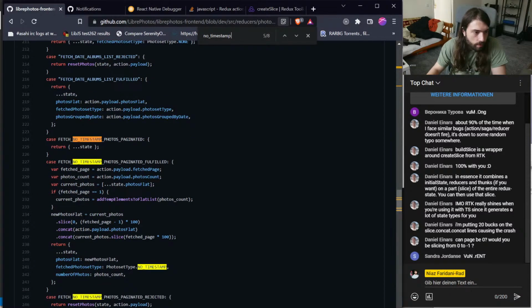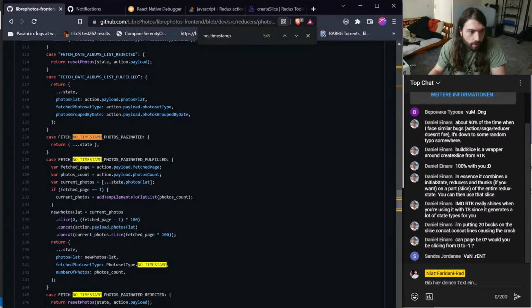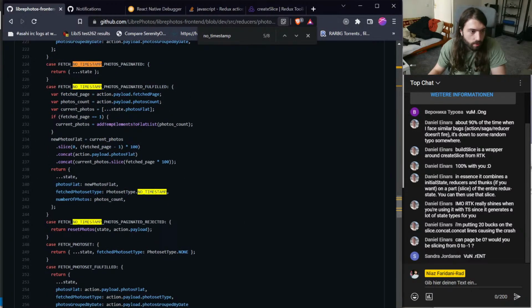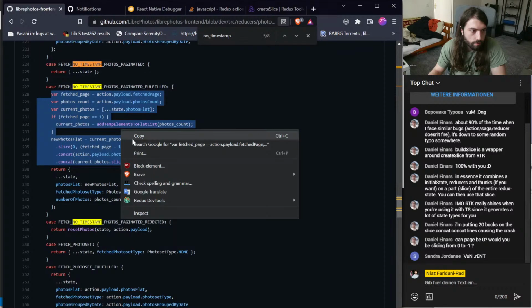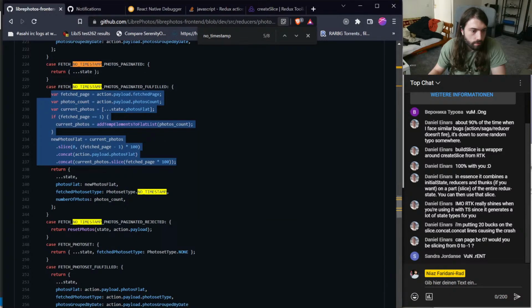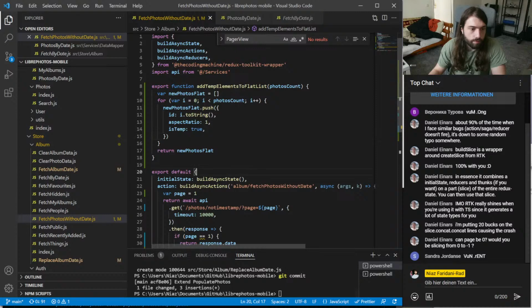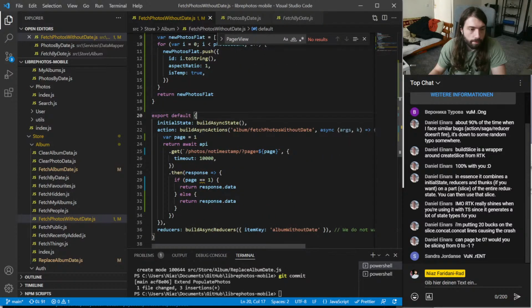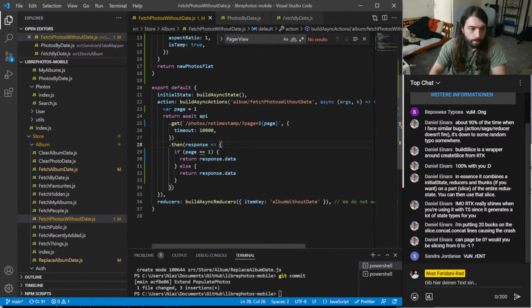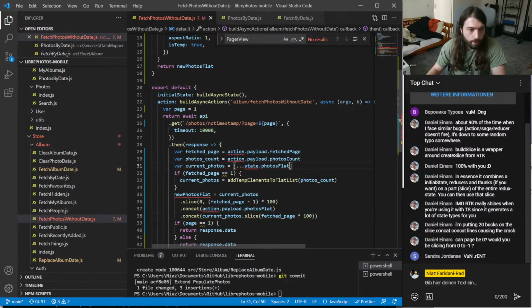So we have the fetched page, right? We have the photos count, right? Then this is the whole logic. Save.